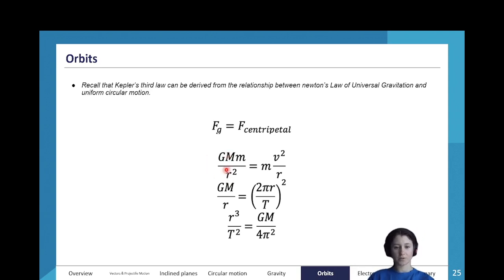Now let's use our Newton's law of universal gravitation on the left-hand side here for Fg, and our formula for centripetal force on the right, which we went through about half an hour ago. So now let's see what we can do here. The first thing is these two m's will cancel out, right? Next, some of our r's will cancel out. We'll get rid of one of these r's over here, all right? So this will leave us with GM on r equals